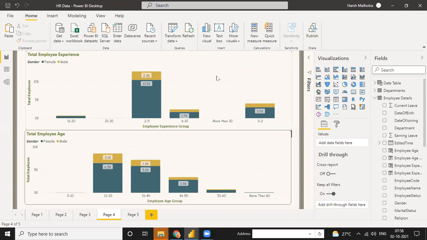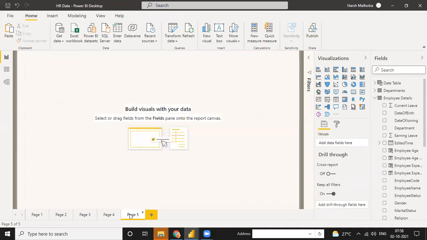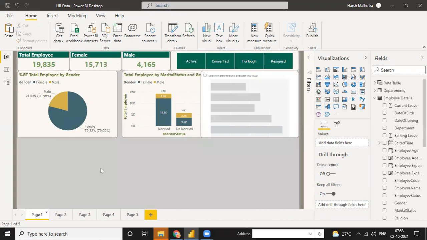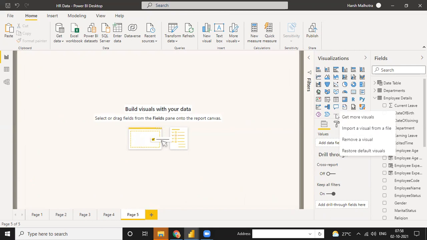Okay, so it is your way that you have to calculate your measure, or calculate multiple things into this. So right now I'm going to the next function. Next, suppose we need total employee by gender. We have already calculated this in another way, but I can calculate it with a new visualization, that is infographic.